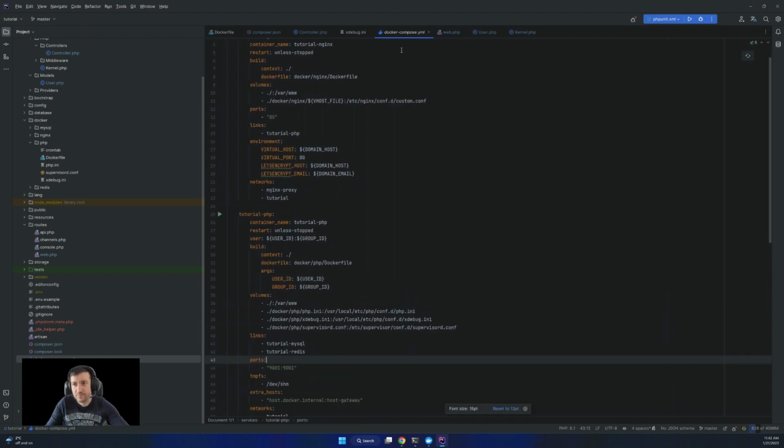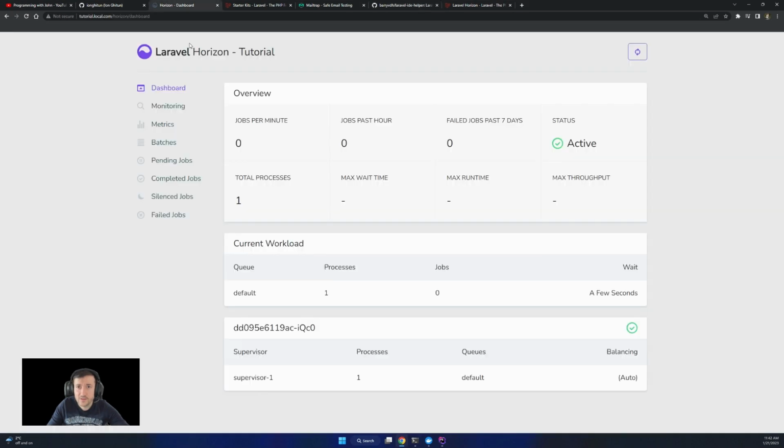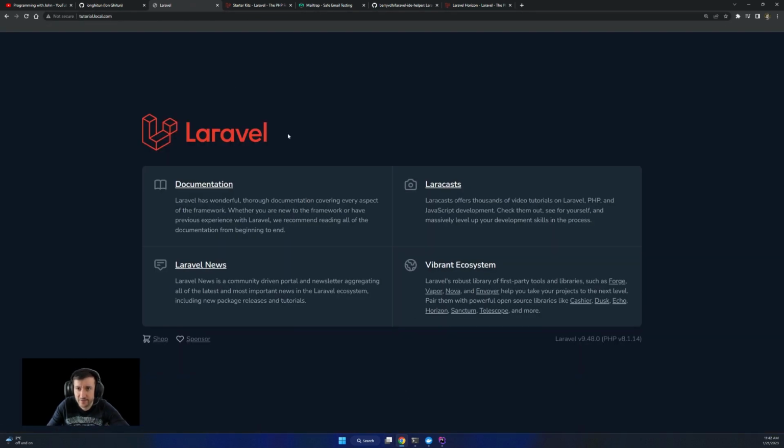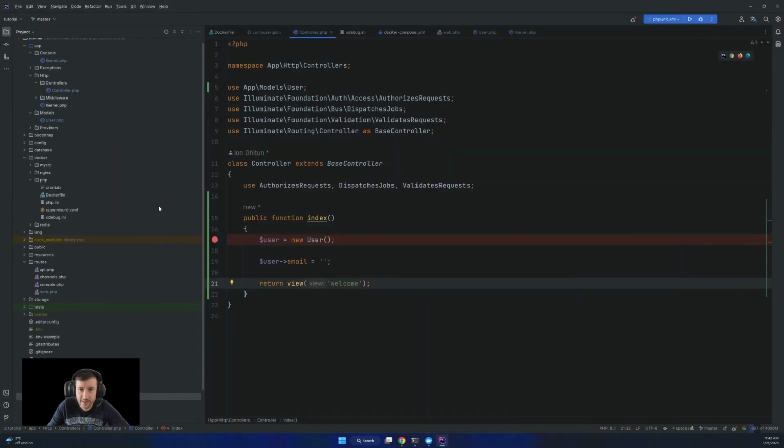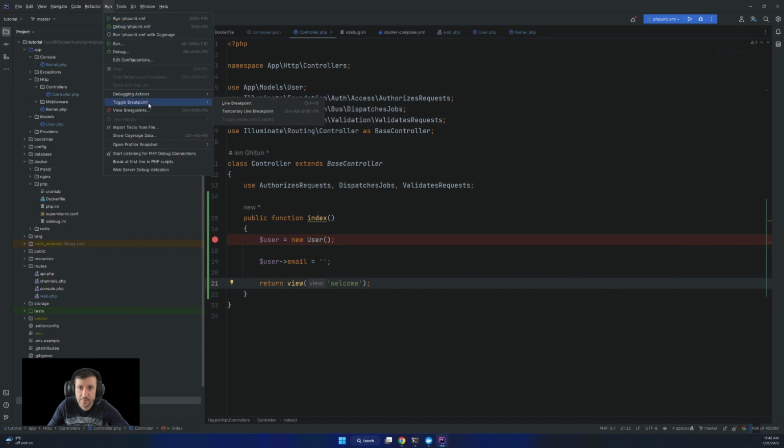So how can we connect to that? I added this breakpoint. All good with that. Let's try to connect it. Let's see first of all if it works. So going back in here to the tutorial, yes, I have it rendered. So I want to connect Xdebug. I'm going to go to configuration,